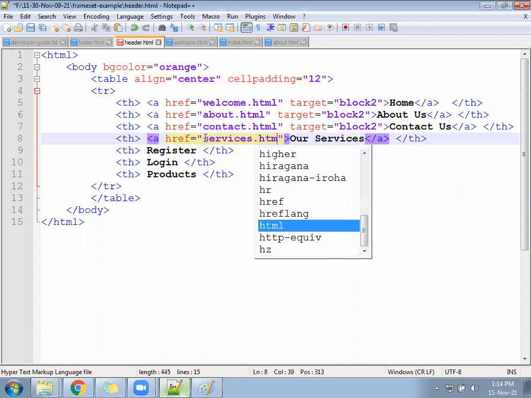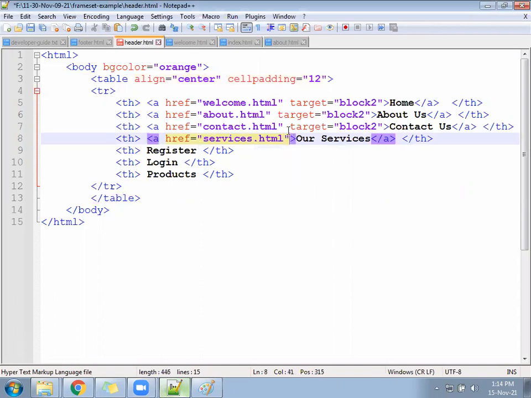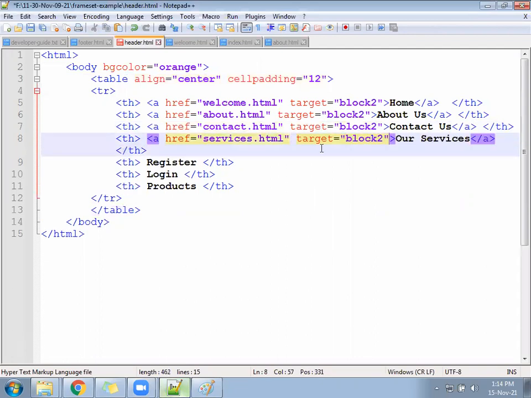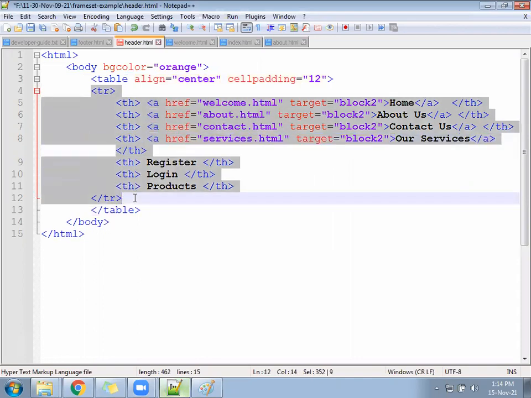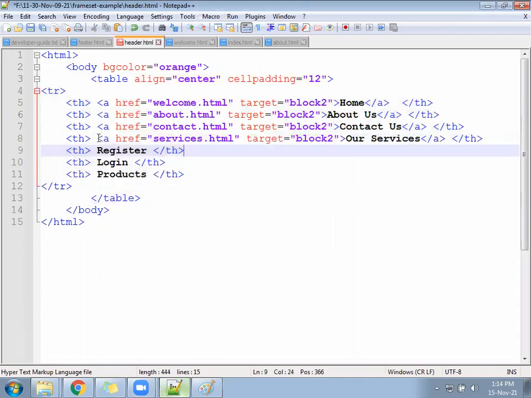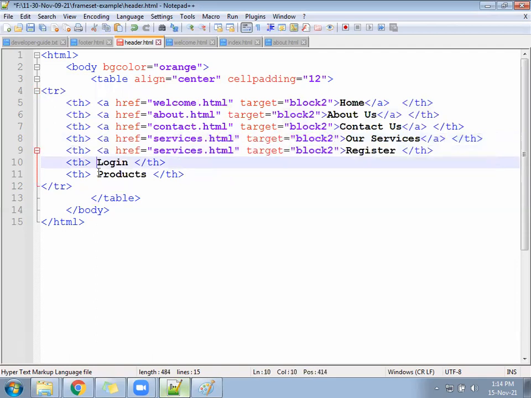Services.html, right, target equal to, again, block 2. Follow everywhere. The hyperlink must be there. Register, login, product.